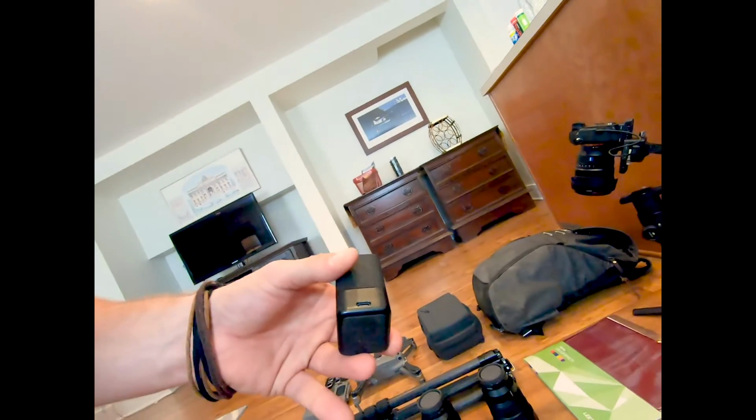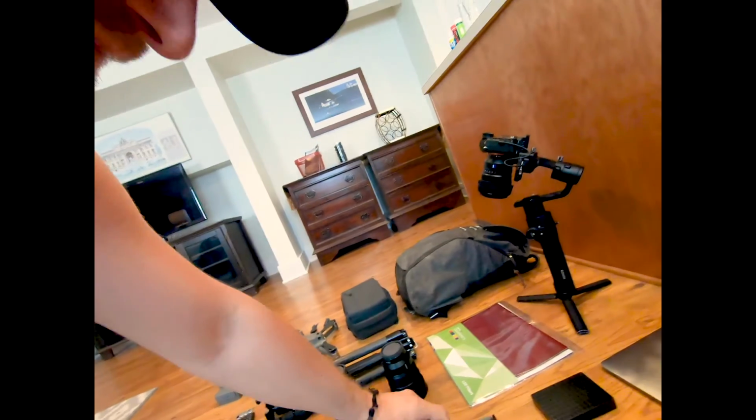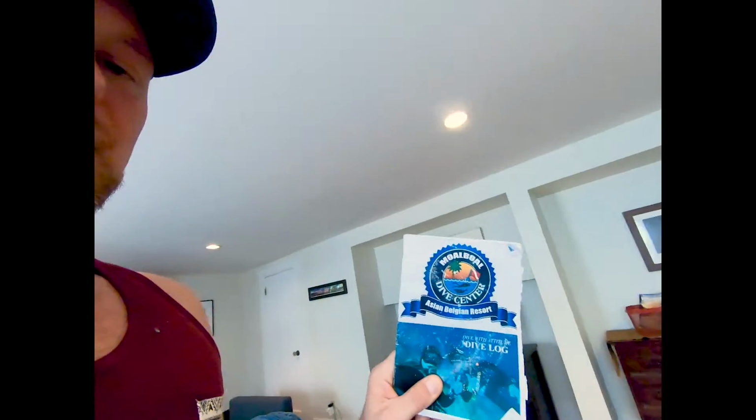I have 4 batteries for the GoPro, and I have the quick charger here, which is a USB-C charger. I have my dive book, which coincidentally I got in Moalboal, Philippines, and that's where we're going next. So bring your dive log, make sure to bring your certification cards, and